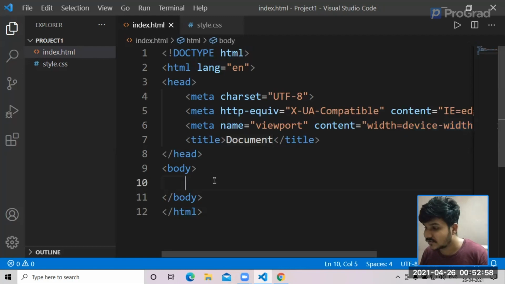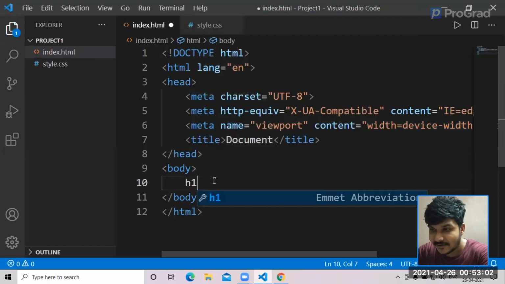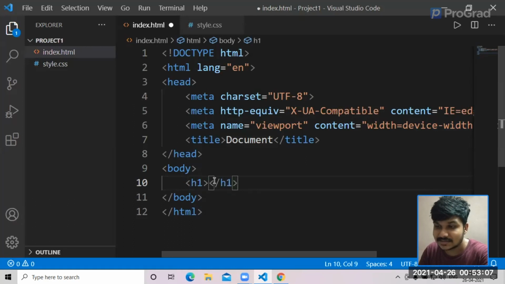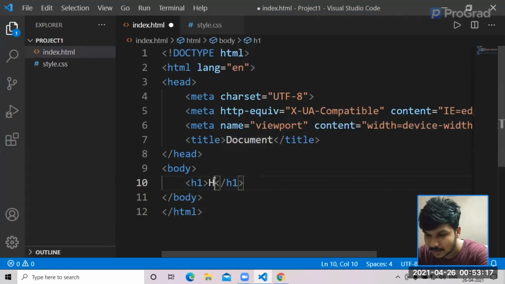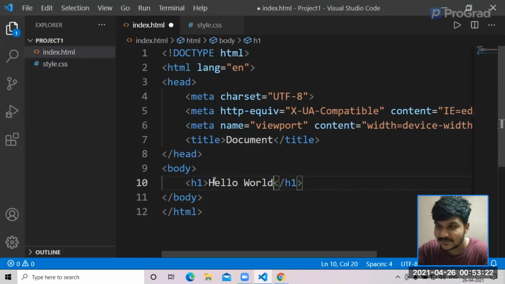The next thing we are going to do is type in some code. Assuming we have h1, h1 simply means heading one, and just press tab. A sandwich tag will automatically be created in Visual Studio Code, and there you could see h1 has been created. Let's type hello world. Okay, it's nice. Let's go ahead and save with Control S.